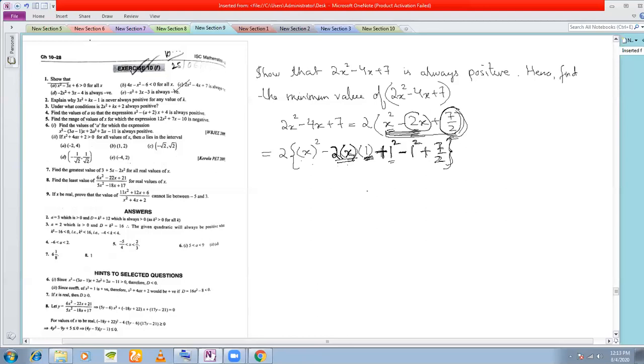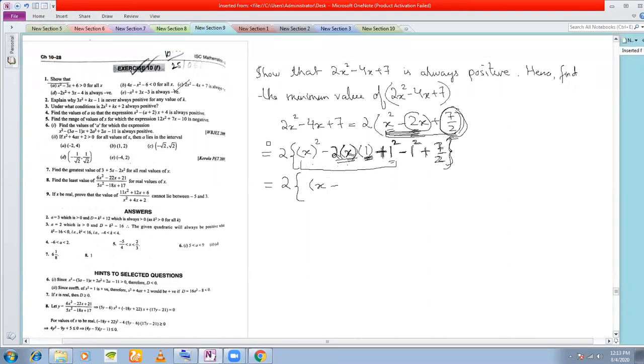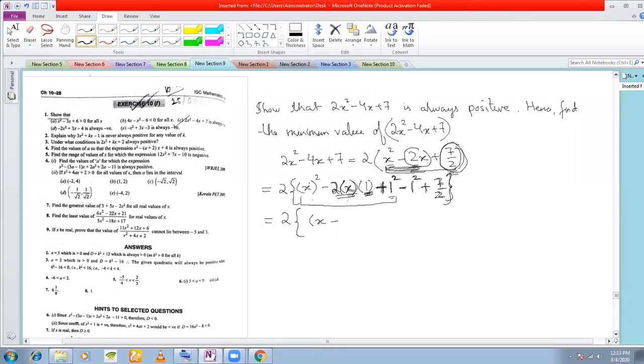Now is it clear? Now what happens? This becomes my A minus B. A minus B whole square, and this becomes minus 1 plus 7 by 2. This is twice x minus 1 whole square, and then we have, if you take the LCM,